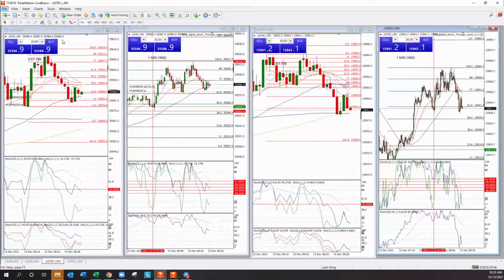I'm just stealing the opening range levels from you on both markets. So we're at the lower opening range on US Tech now. Right? Yes, that level of the 38.2 is